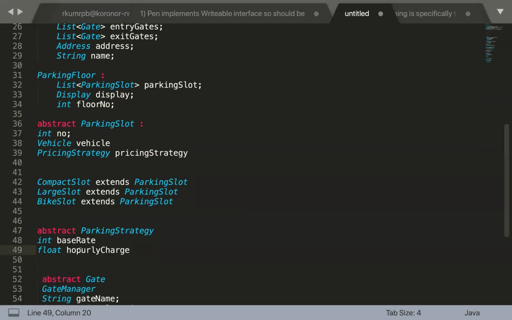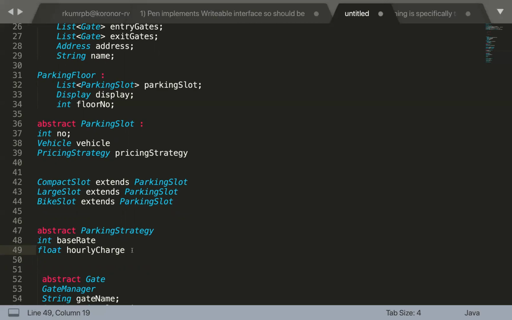Now let's suppose you are trying to implement a new pricing strategy based on monthly parking. If someone parks their vehicle for a month, are you going to charge them based on the hourly rate? It won't be of much use. If you charge monthly with 5 rupees per hour, it will be a hell of a cost.